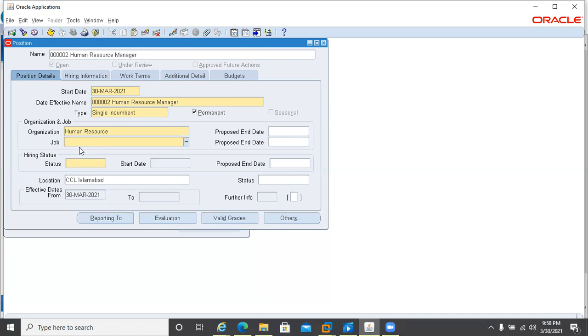Single, because in the organization, as you see, we create the departments. Then we go into the organization hierarchy. In the organization hierarchy, we said that under the business group, finance, human resource, IT department, all departments lie under the business group.